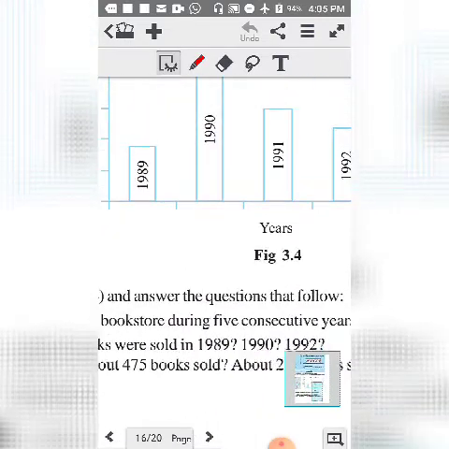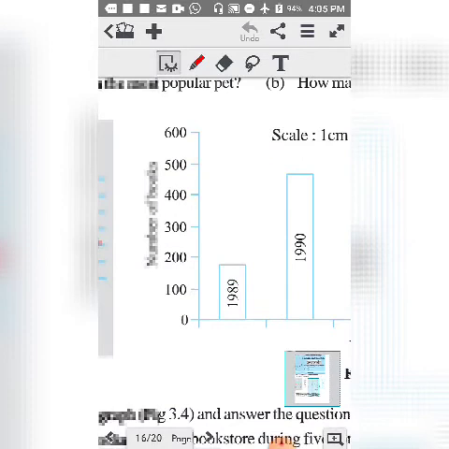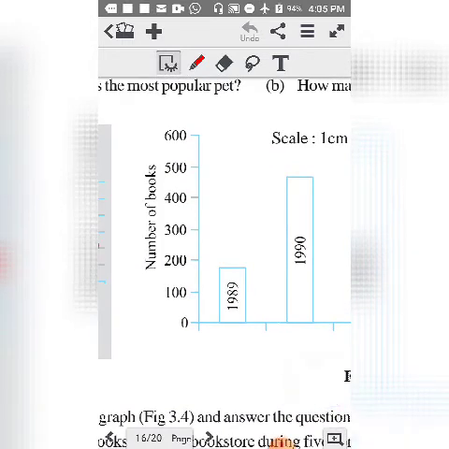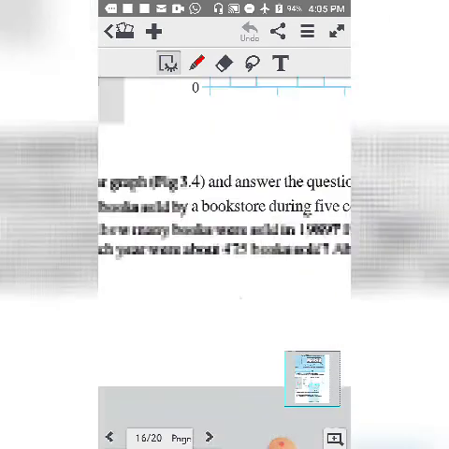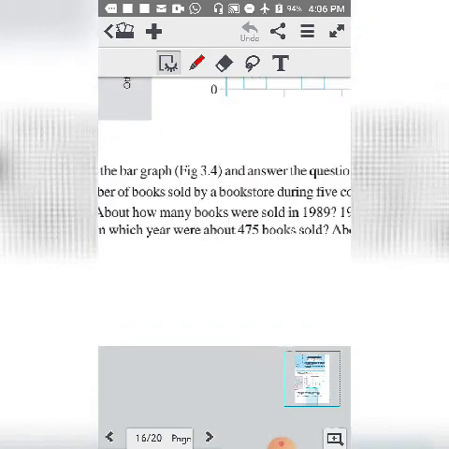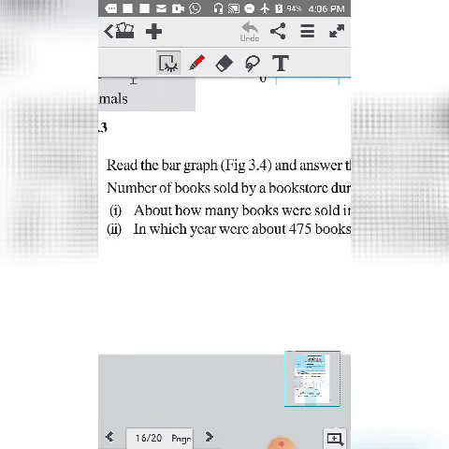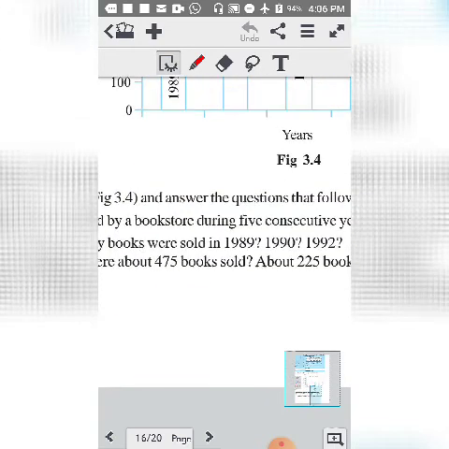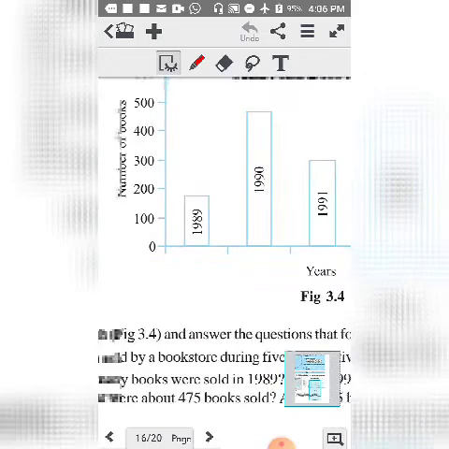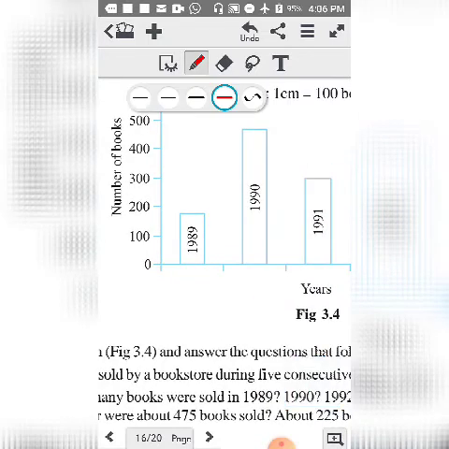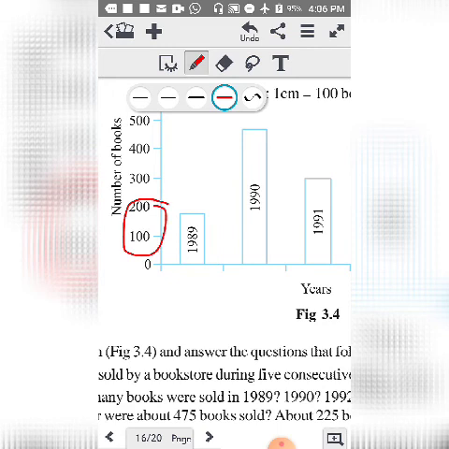In figure 3.4, it shows years and numbers are written, number of books and year. So from the question, it is written read the bar graph and answer the question. How many books were sold in 1989? So we can see in 1989 the rectangle is reaching between 200 and 100. So the number you have to write, it is not 100, it is not 120, it is reaching more than that, if you may see this on a proper